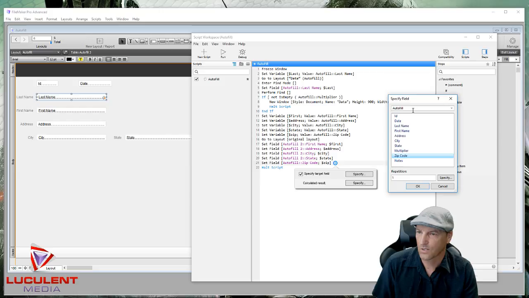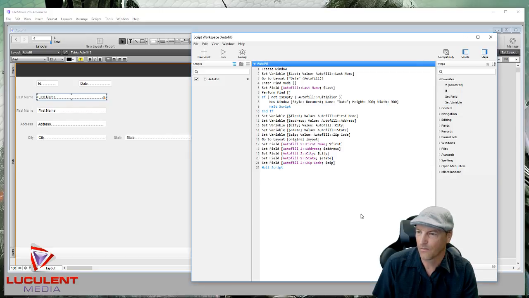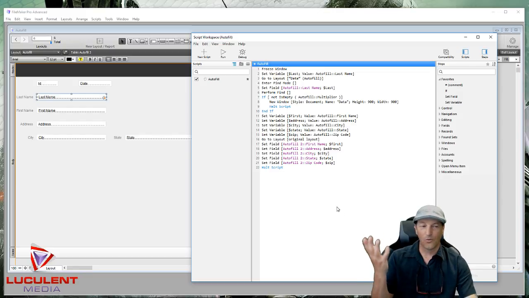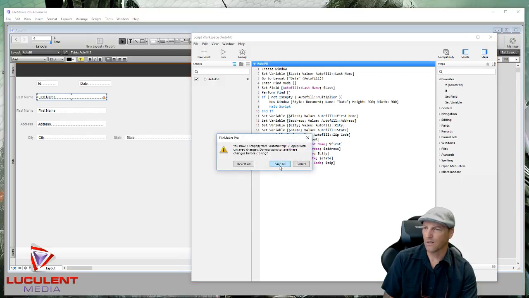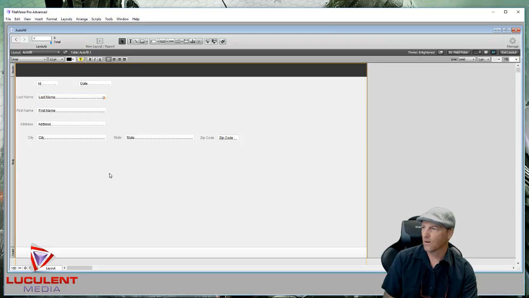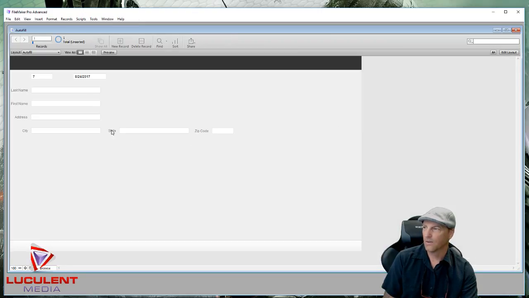Oop. All you got to do is just change it from 1 to 2. That's like no big deal. And so now it will fill everything in. I think that'll work. Let's give it a quick shot. Save all. All right. Now if we exit the layout and we come over here and we pick Henry,